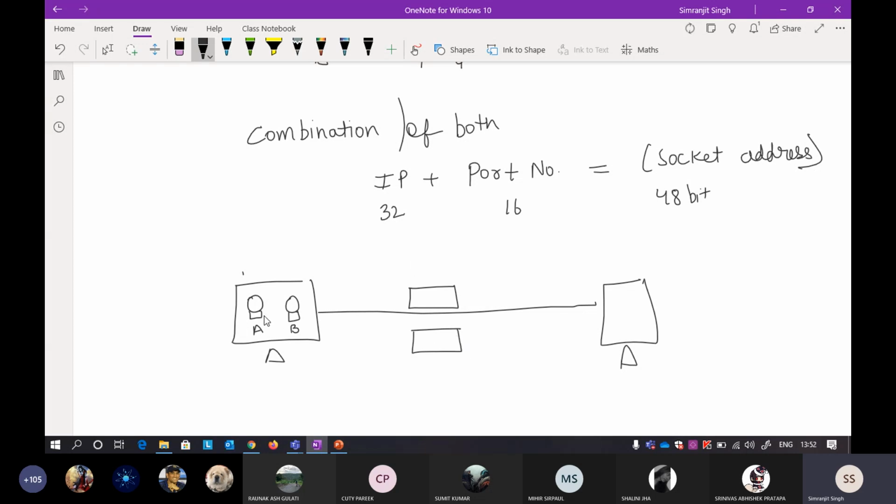The port number here will be X. Inside a computer, the same port number cannot be taken by two processes. If it is X, no other process inside the computer can take X, because X is already taken. That is why B is running on a different port number, that is Y. So this is a PC P.